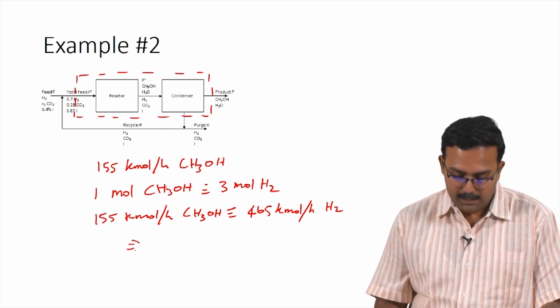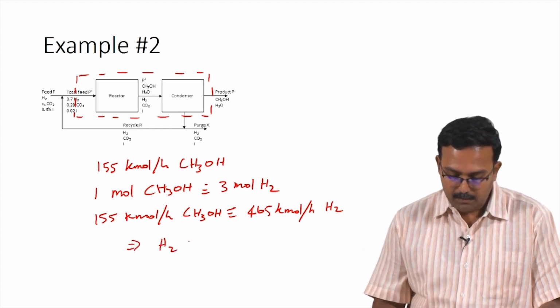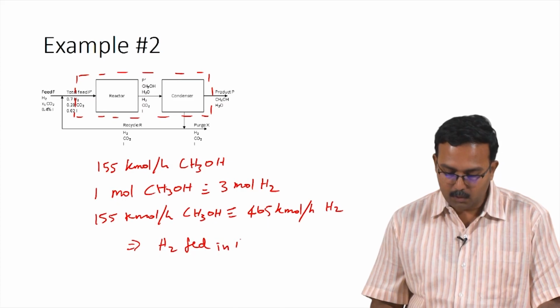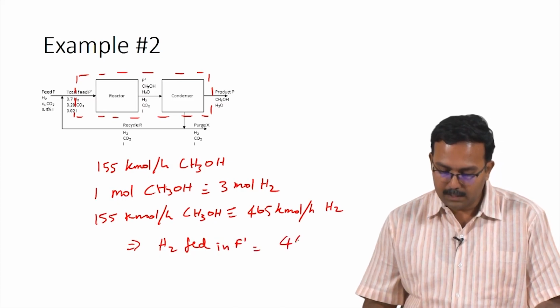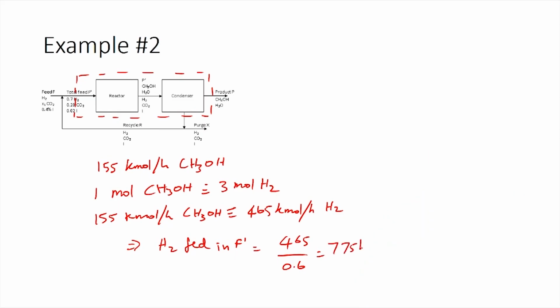So, hydrogen fed in the total feed would be 465 divided by 0.6, giving a value of 775 kilomoles per hour. Now that we have the amount of hydrogen, we can calculate the total feed: F prime would be equal to 775 divided by 0.7,